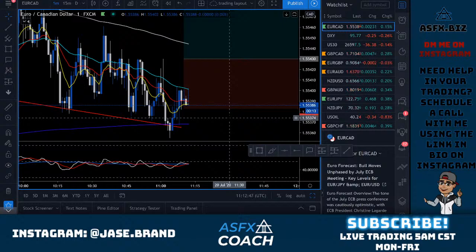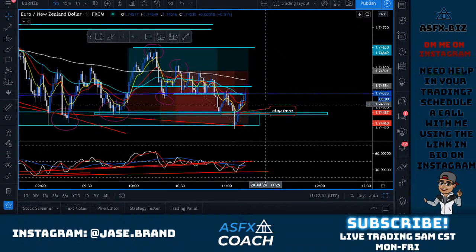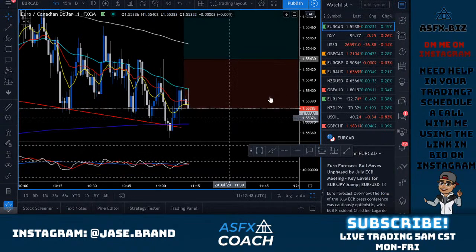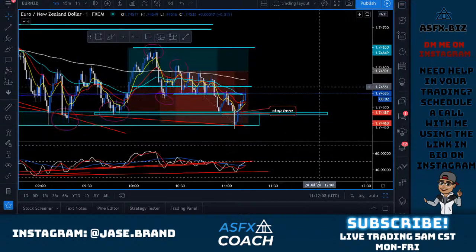Alright, so right now it's pushing up on your NZD. I want it to break the 50, retest, and then I'll look for a re-entry. Something that I kind of want to see basically is